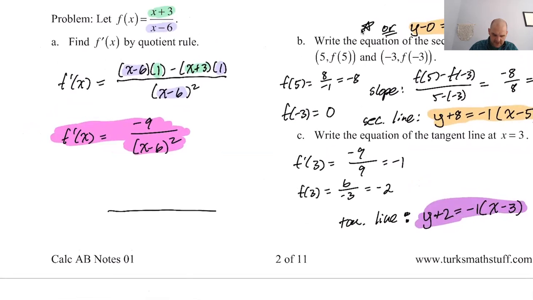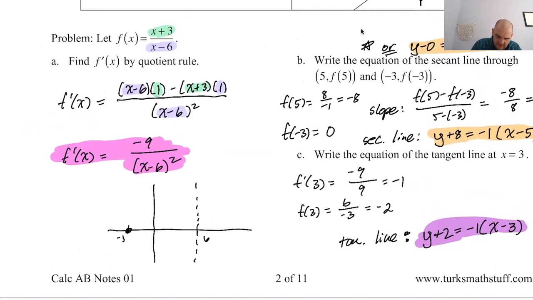So I know at x equals 6, there's an asymptote. I'm going to say this is 0. So if this is 6, there's an asymptote. I know at -3, there's a 0. You can do a weird thing with this. You can do x plus 3 minus 3. Do I want to do that? No, I want to do plus 6 minus 6. Watch and learn, everybody. Plus 6 minus 6 over x minus 6, which is equal to x minus 6 plus